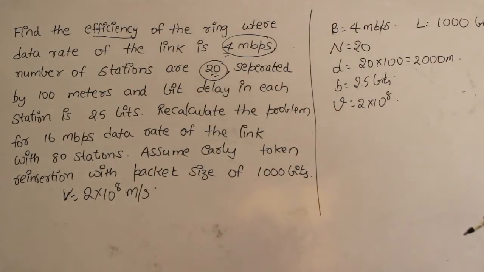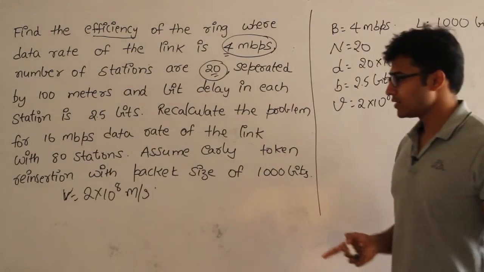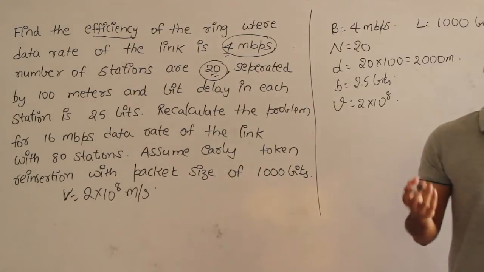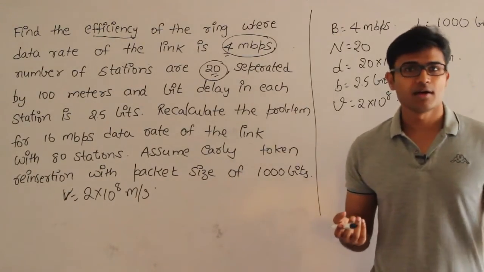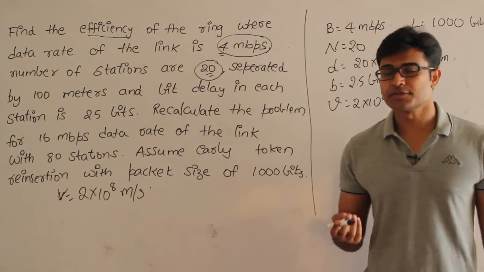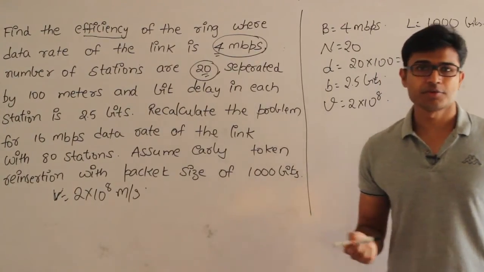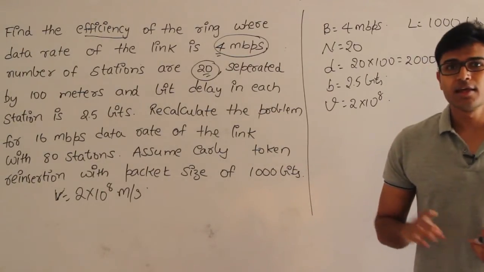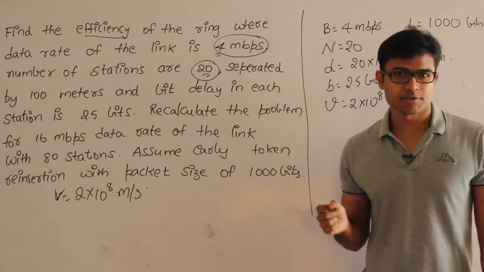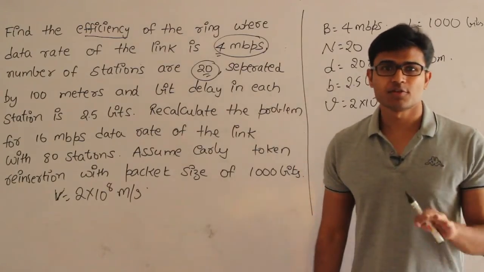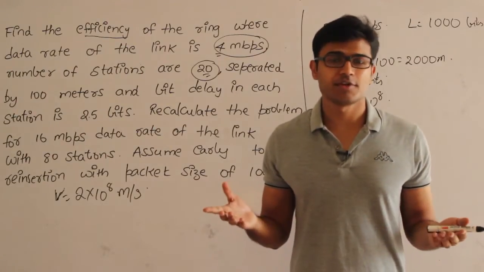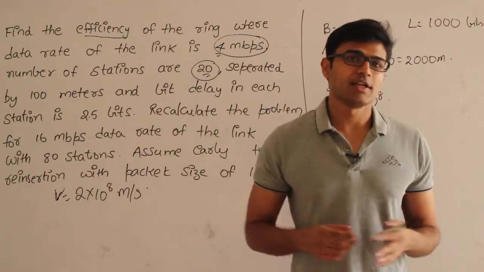Now what is the formula of efficiency? That depends on the strategy. Now the strategy assumed is early token reinsertion. In case no strategy is given, always assume early token reinsertion, because early token reinsertion has the highest efficiency, and then check the options. If the answer is not in the options, then go for delayed token reinsertion. Generally the reinsertion strategy will be given. In case it is not given, assume early token reinsertion first, check the options, and if it is not there, then assume delayed token reinsertion.